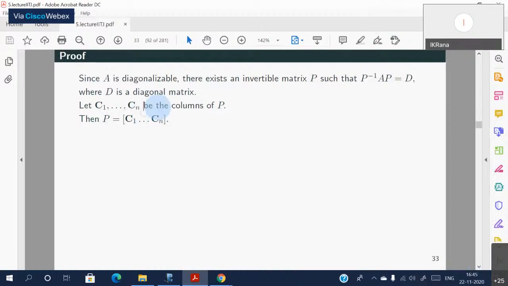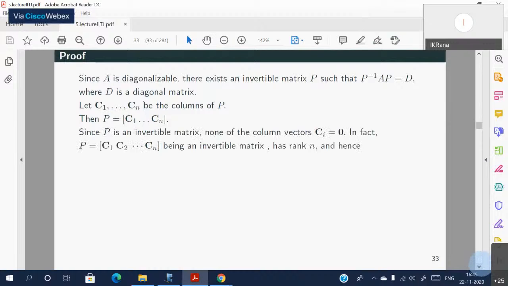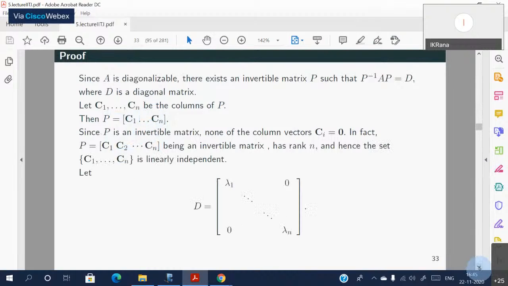So given C1, C2, ..., Cn, form a matrix P with the columns C1, C2, ..., Cn. Because they are linearly independent, the rank of this matrix will be full. So P is invertible, and none of them is obviously 0. If you write D as the diagonal matrix with elements lambda 1, lambda 2, ..., lambda n, then P inverse AP